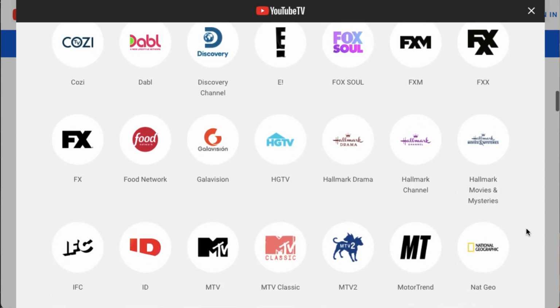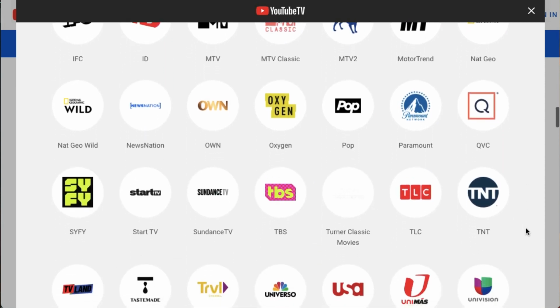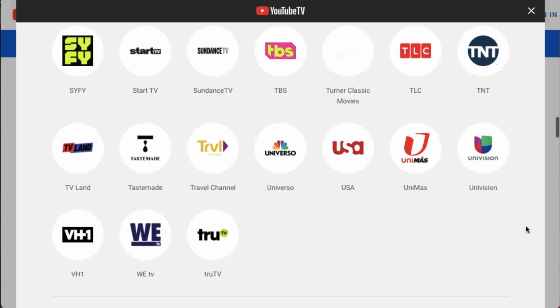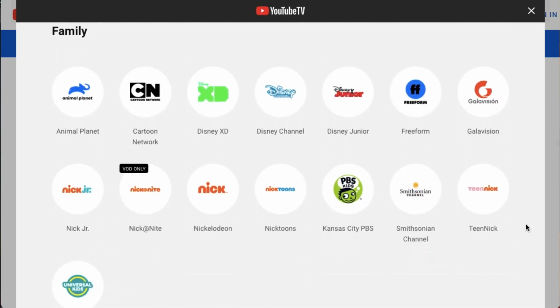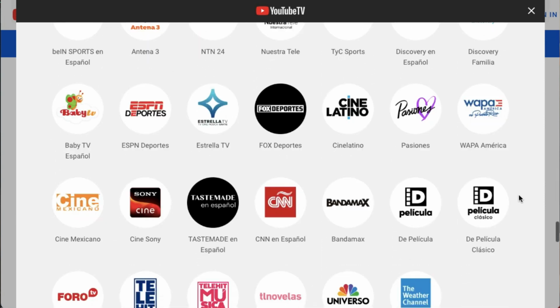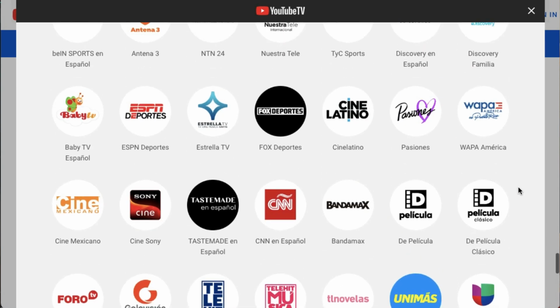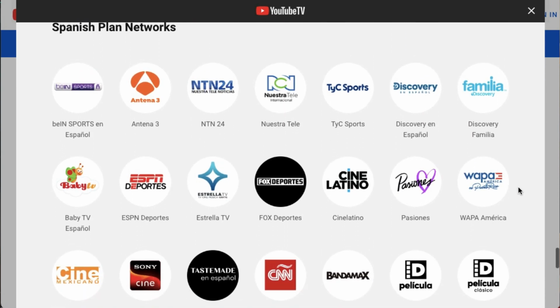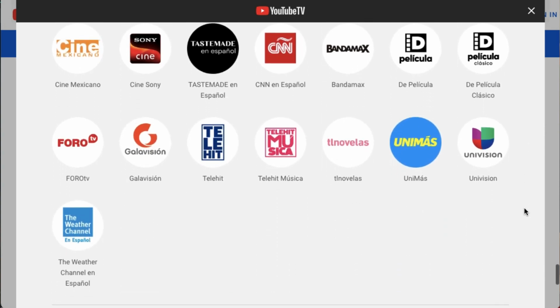You get AMC, you get Hallmark Channel, you get Paramount Network if you want to watch Yellowstone, TBS, TNT, Turner Classic Movies. With the family and kids channels, you get Cartoon Network, Disney Channel, Nickelodeon, and then there's some miscellaneous channels like the Weather Channel and things like that. If you get the Spanish plan, they have a base that covers over 35 different channels, and I'll have these